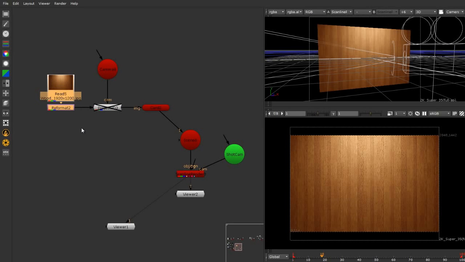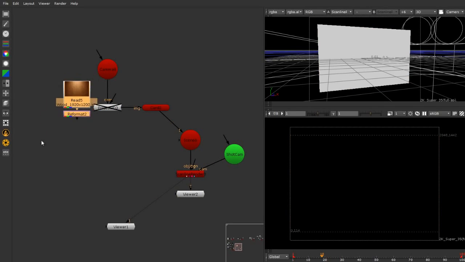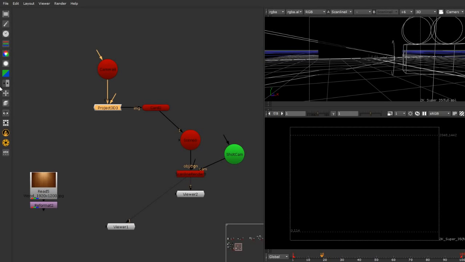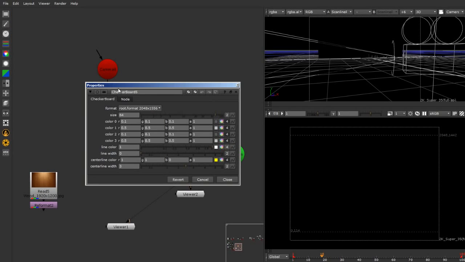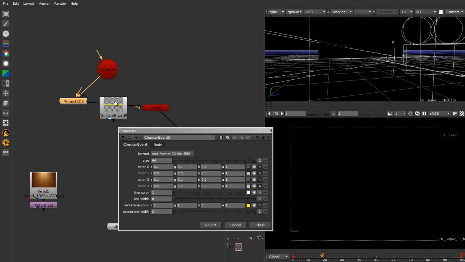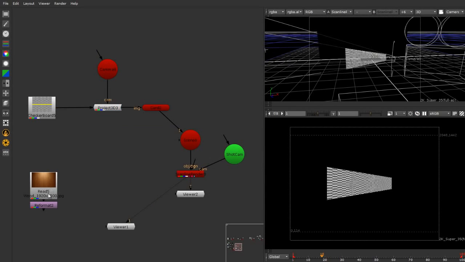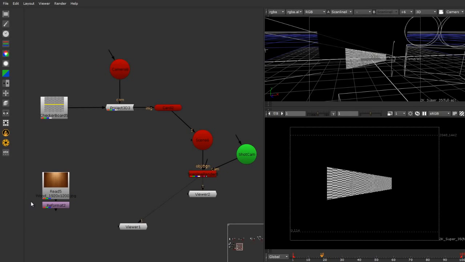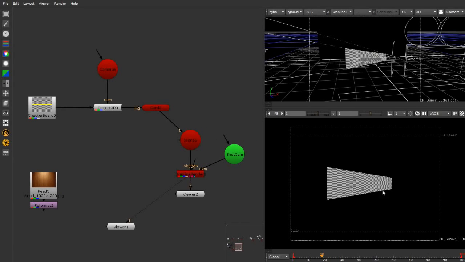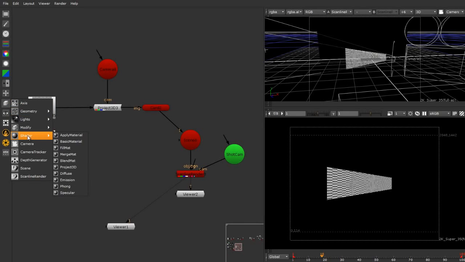So let me just go ahead, disconnect these nodes, and I'll re-enable this. Let me take a checkerboard and connect that in as my default texture. So this is the actual texture which is being projected onto the plane this time. But what I want is wherever I don't have the checkerboard texture, I wanted to have the actual plain plank texture itself. So for this purpose, what I can do is go ahead, I can take under the shader,